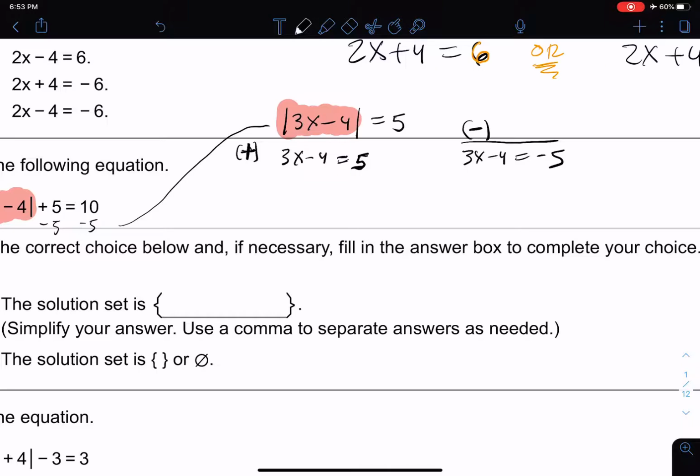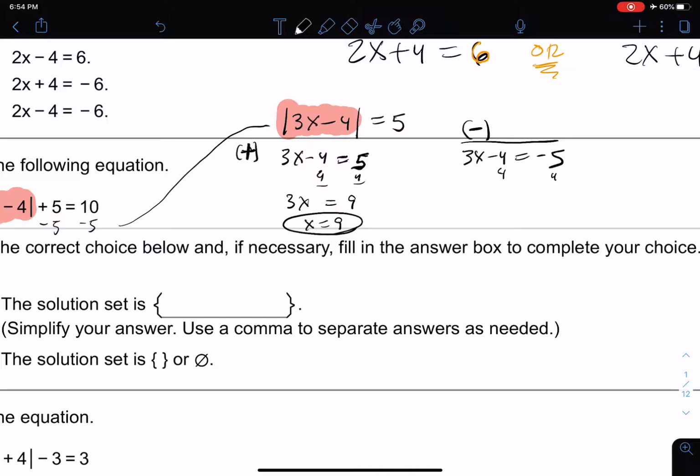Now that we've written this down into equations without the absolute value bars, we can go ahead and solve by, of course, adding 4 to both sides, which gives us 3x equals 9. And if I divide by 3, I get 3, right? So x equals 3 is one solution. And then over here, I add 4 to both sides, which when I add 4 to both sides, I end up getting